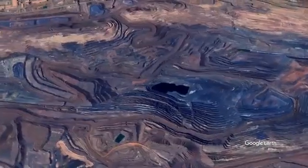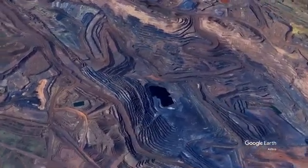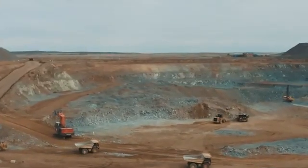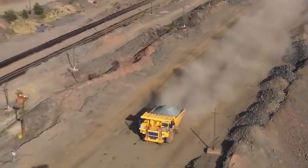The sheer scale of the operation is unbelievable, with massive trucks and shovels working around the clock to extract and transport this ore. From there, the iron ore is shipped to customers around the world, particularly in Asia, where it's used in steelmaking. The high-quality ore here has been a critical resource for the global steel industry, contributing to the construction